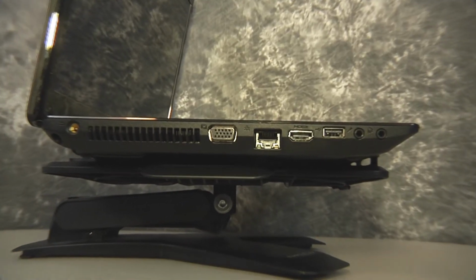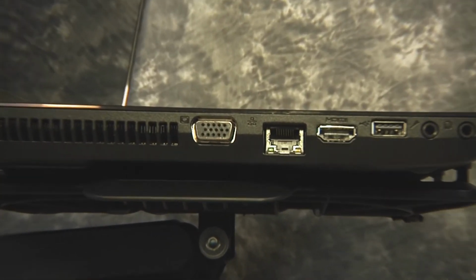With all these ports, with a Blu-ray disc, with a powerful CPU, with lots of memory, with a beautiful screen, this is something that you can use comfortably for work or for play, or anything in between. If you're looking for a notebook for yourself, if you want something that has plenty of power, a lot of options, something that is beautiful and at the same time will not break the bank, might I suggest you take a look at the Gateway